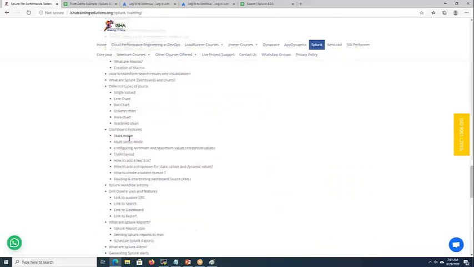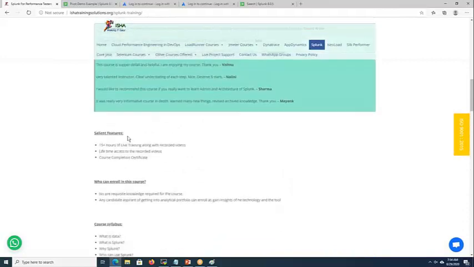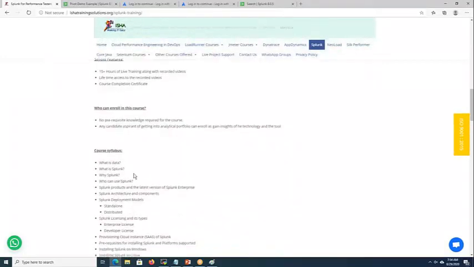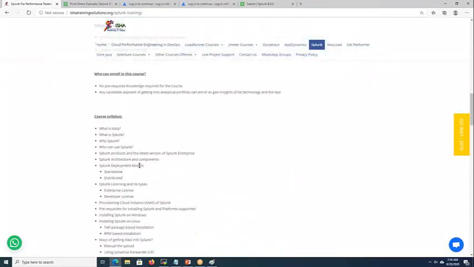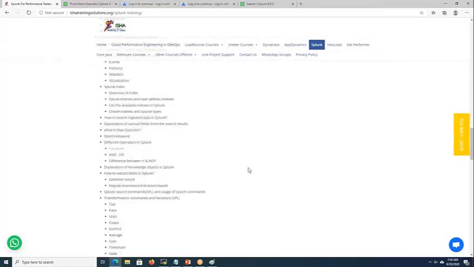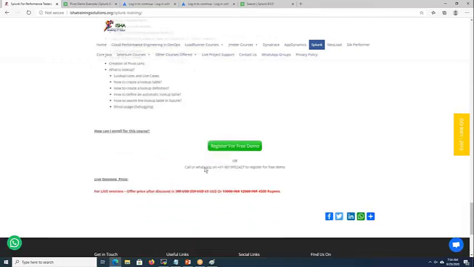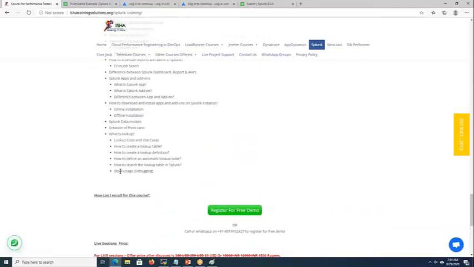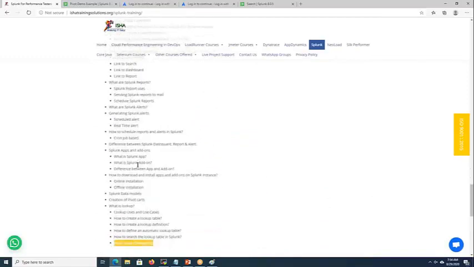If you are installing some app, or installing the Splunk universal forwarder to ship the logs, and the data is not reaching the indexer, how to debug the issues. Those things we will discuss in the classes.